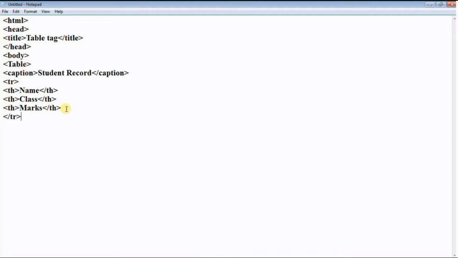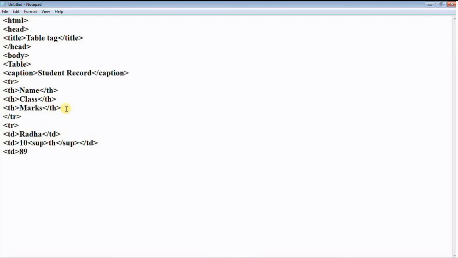Next I'm taking a record. For taking a record I'm passing another tr. This is the second row of my table, and here I'm giving table data, td. So td stands for table data. Here I'm passing one record as Radha. Second one I'm passing 10th, with the th as superscript, so I'm taking sup for superscript. We have already discussed the superscript tag. Next I'm closing the td. And next one is for marks, I'm writing 89.